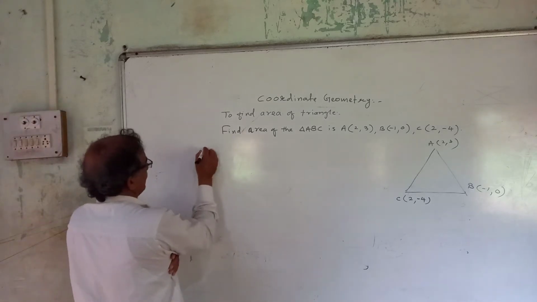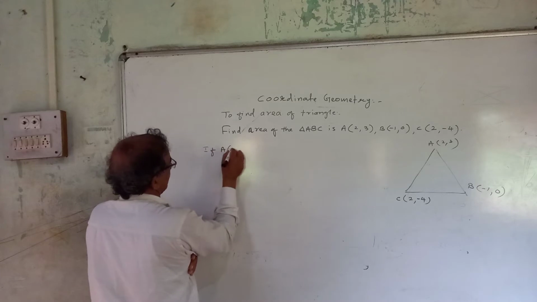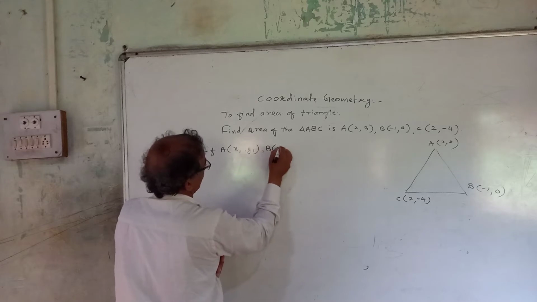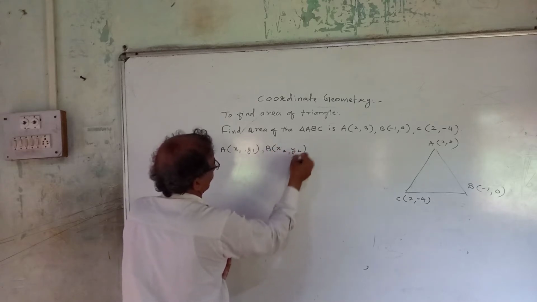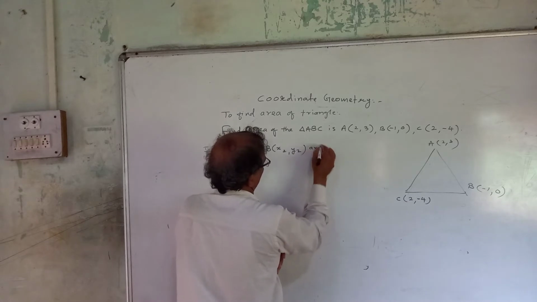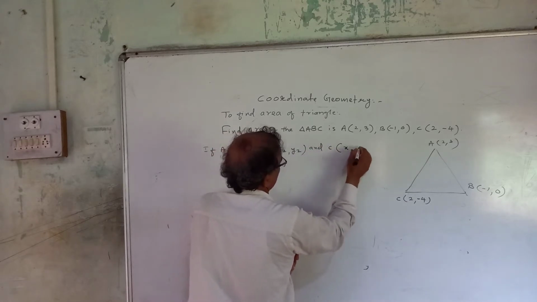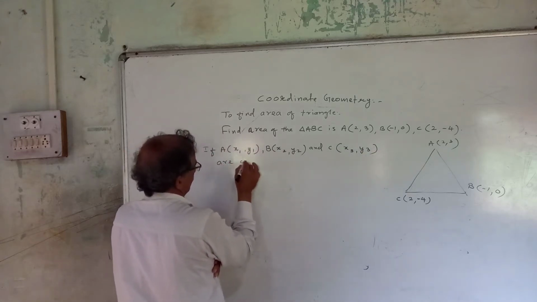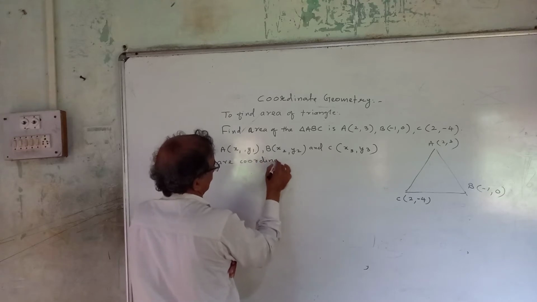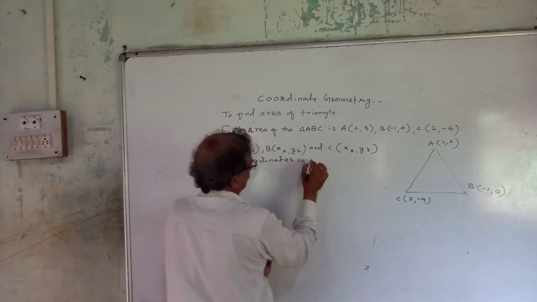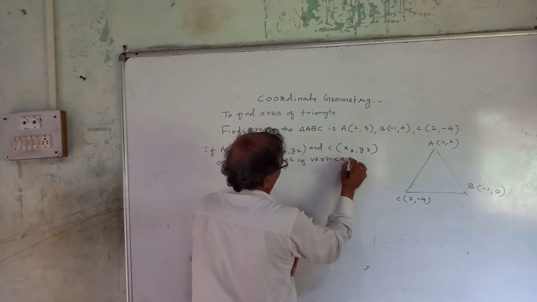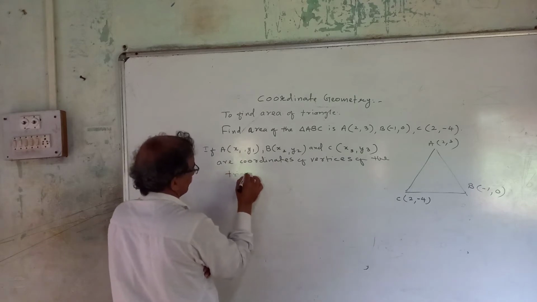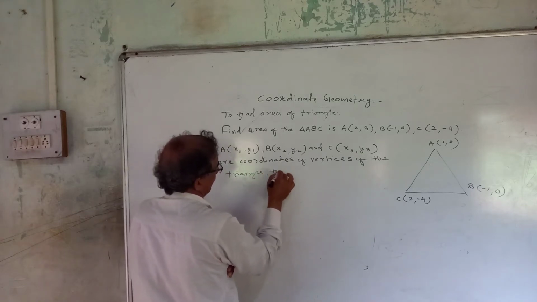Now I shall give you: A (x1, y1), B (x2, y2), and C (x3, y3) are coordinates of the vertices of the triangle, then